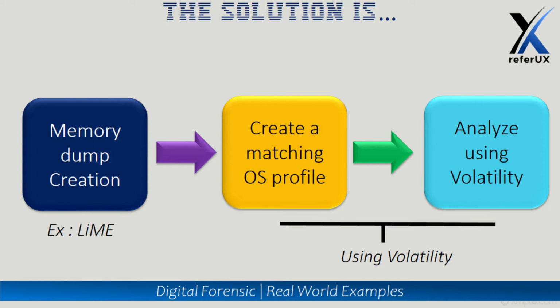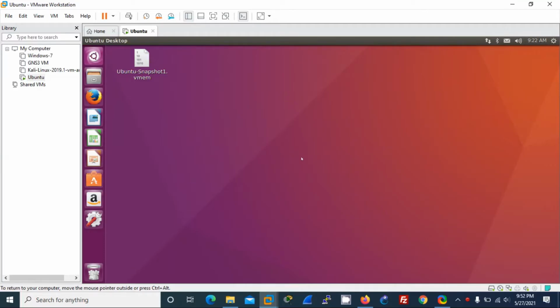We are creating that profile out of that suspected machine. Then we are using Volatility to analyze the memory file without any issue. So without further ado, let's begin. Okay, let's start. As you can see, I have already copied the vmem file of the suspected Ubuntu machine to